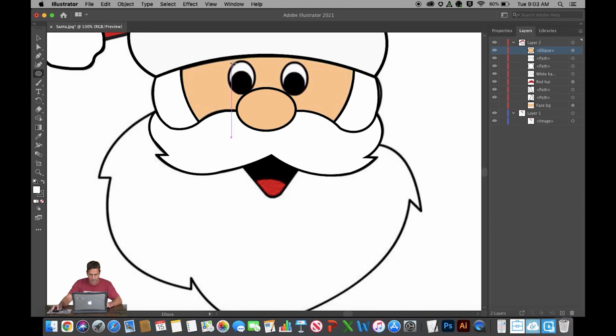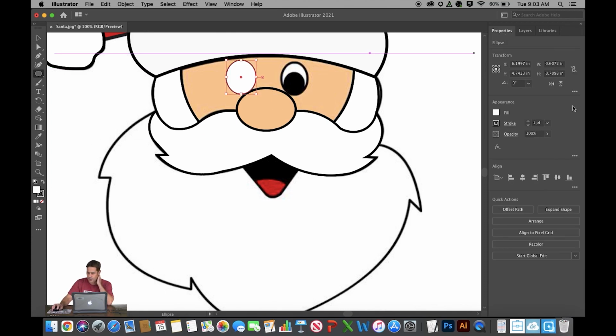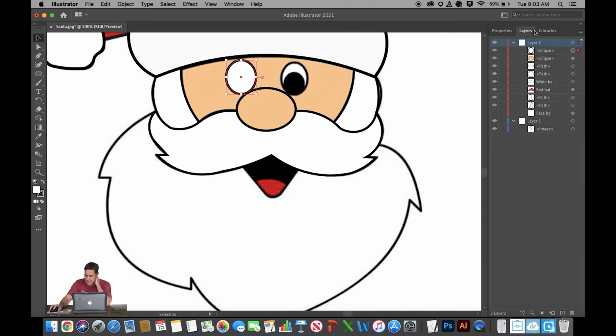So I'm going to go up there, create my ellipse, and I'm not letting up on the mouse yet. I'm repositioning this thing. That looks good right there. So I've created that. White fill, black stroke. Let's go to properties, bump our stroke size up to 3. And you have the background of that eye created. All right, so go ahead, go back to your layers. Let's hide the ellipse you just created for the background of the eye